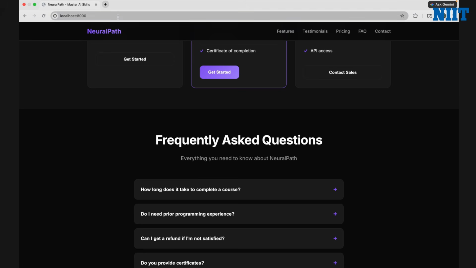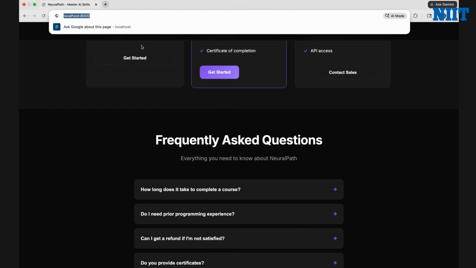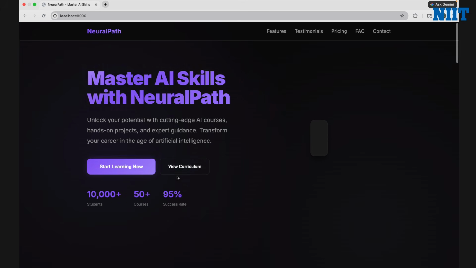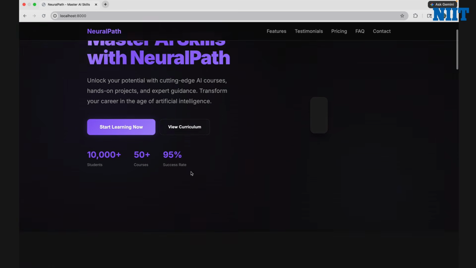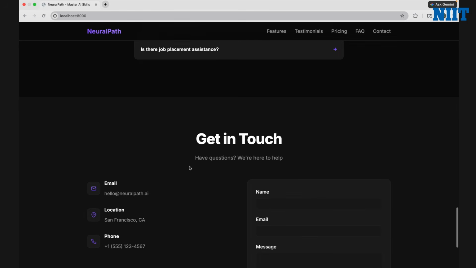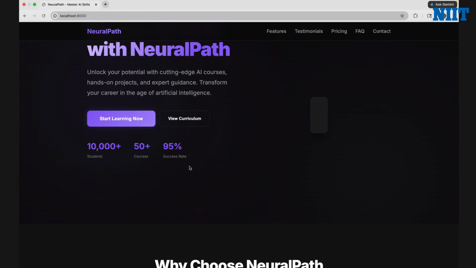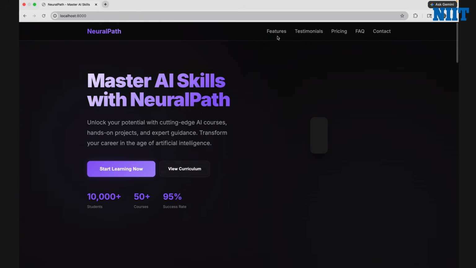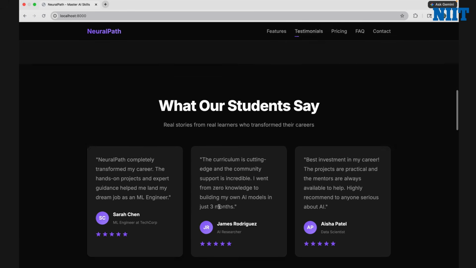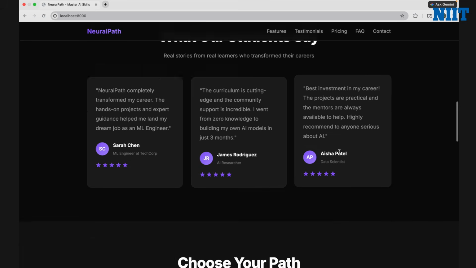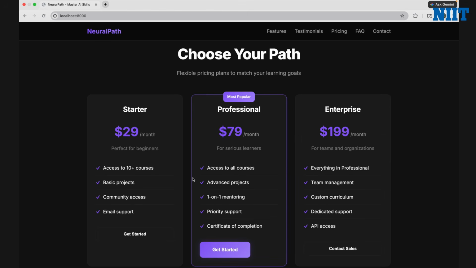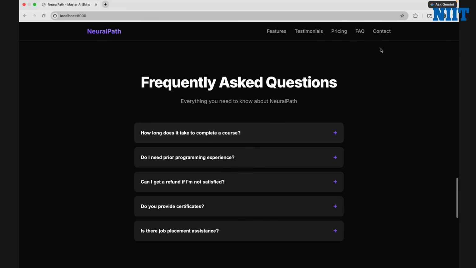Now, Windsurf is ready with the second draft. So what we are going to do is reload the site. As you can see, we have animations over our text here, and we have a hover animation on our buttons. And as we proceed down, we have included certain animations as well. So this is where the page starts going from functional to premium. If we explore the features, we have everything. We can go to our testimonials. We have several testimonials over here, and then we can go to our pricing page, and we can see that we have 3 packs for the users, and we can go to our FAQ,